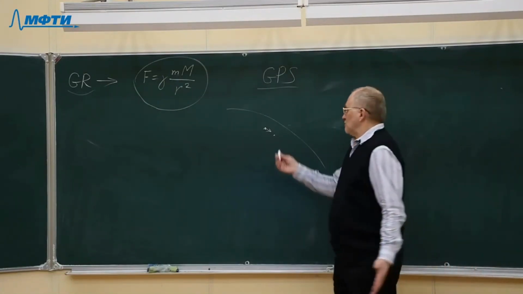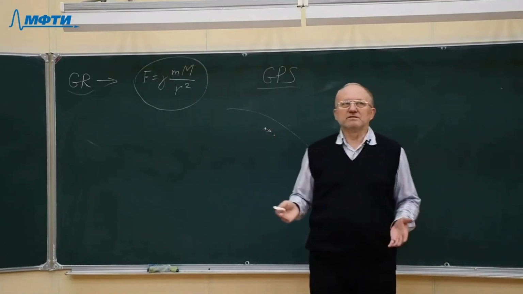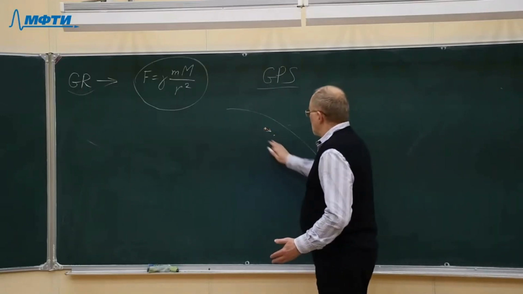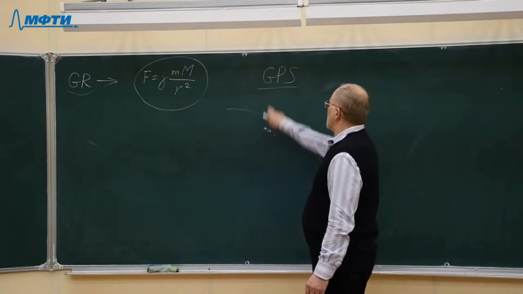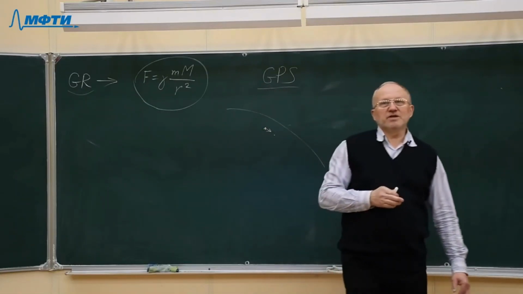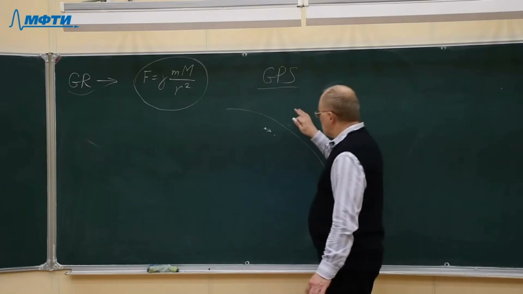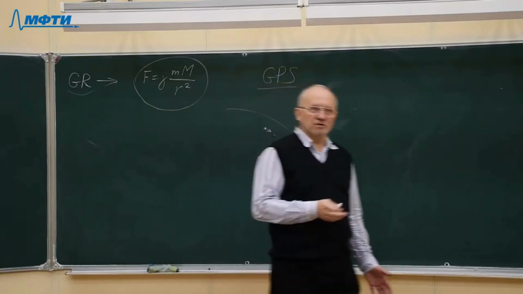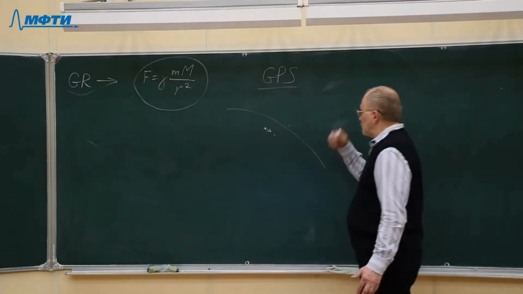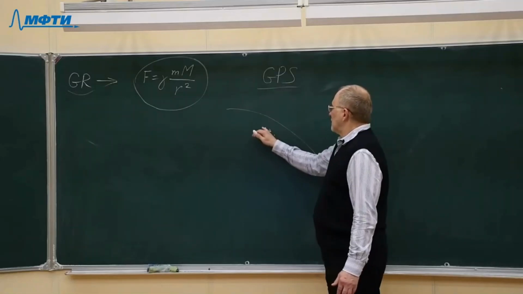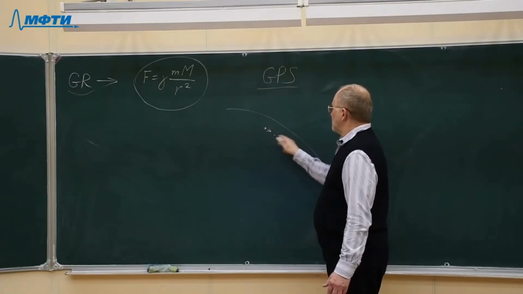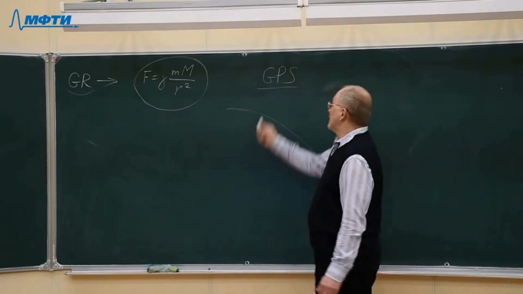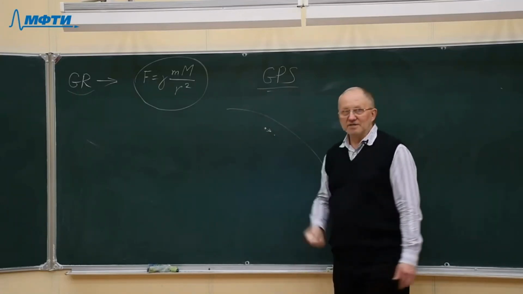People want to determine the coordinates exactly, to within a few meters, plus or minus, but not a few kilometers. What was the reason behind this constant shift of coordinates determined with the help of the GPS system? The reason was that there are some effects of general relativity which were not taken into account originally. Then the engineers referred to scientists and discussed this problem, and the reason behind this discrepancy was found, and the effects of general relativity were taken into account in the software, in the mathematics of the GPS system,